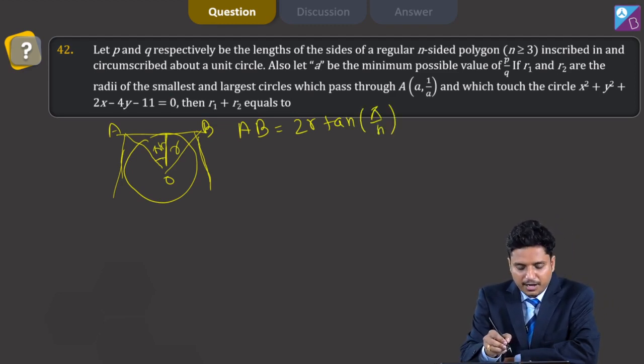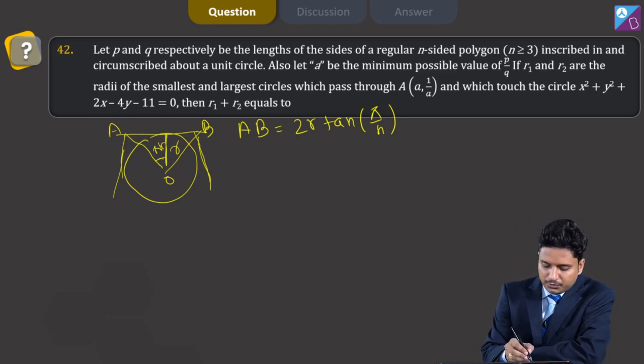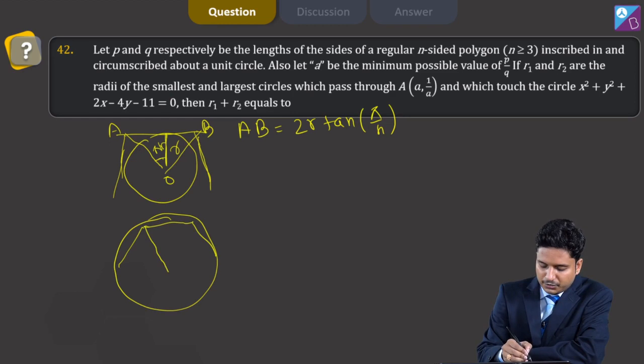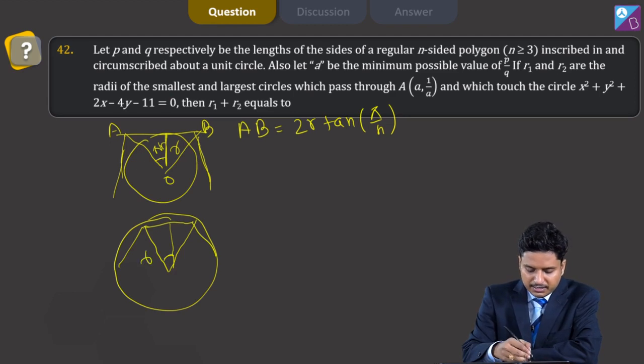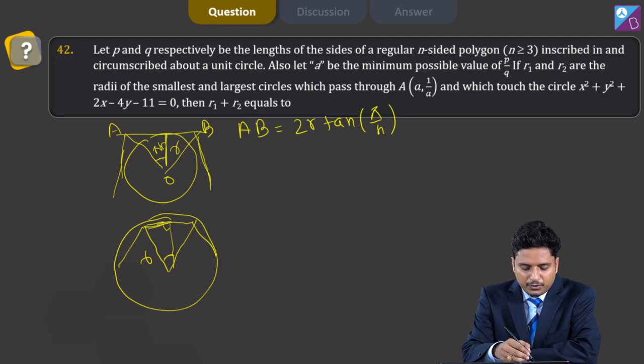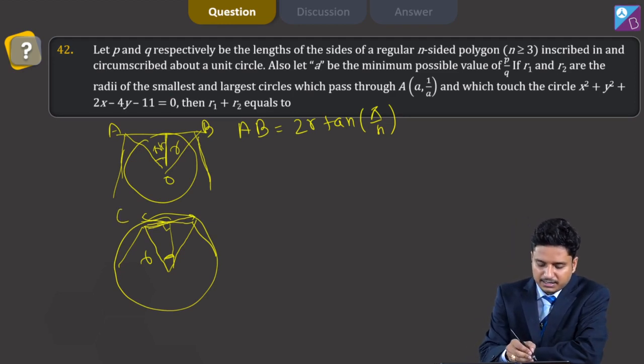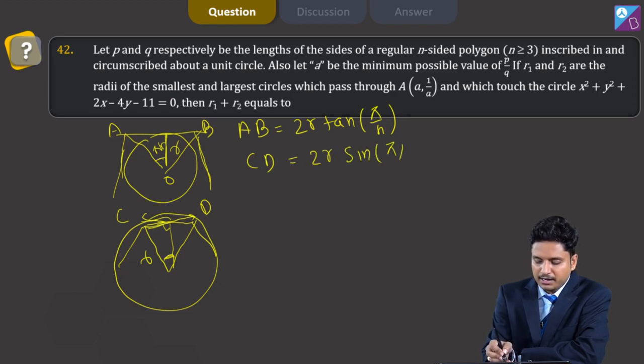In this case, what we are doing? We are actually inscribing a circle for a regular polygon. Suppose we are trying a circle outside like this. So what will be the situation? Here again the angle subtended is pi by n, and this is now your r. If this is r, this side will be r sine pi by n. That means this whole length will be 2r sine pi by n. This is theta, which is pi by n. That means this half portion will be r sine pi by n, and suppose this length is CD, and this CD will be equal to 2r sine pi by n.